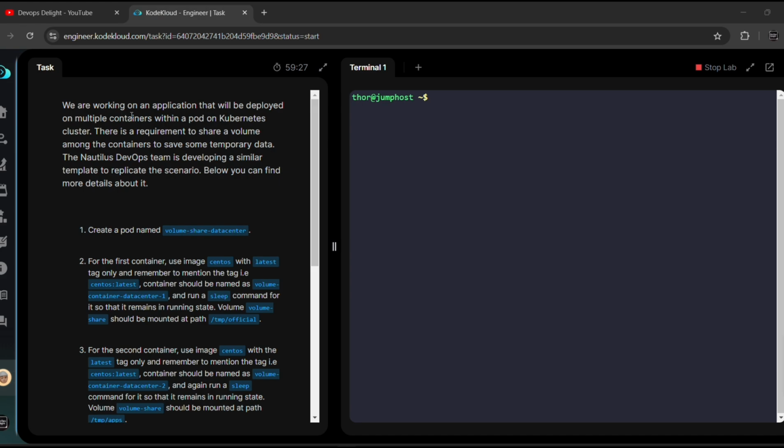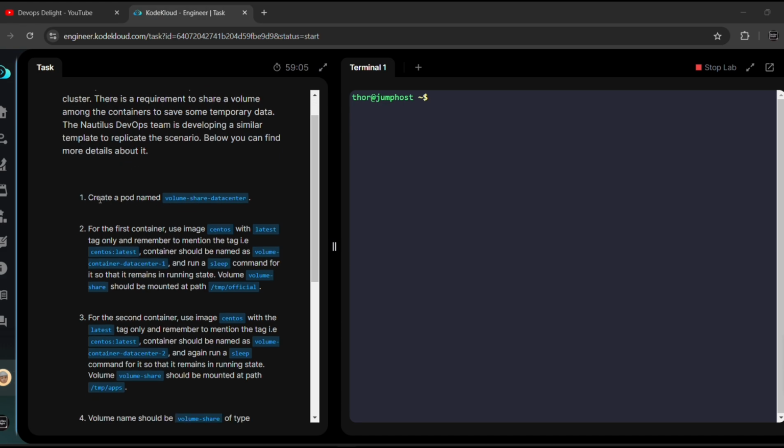We are working on an application that will be deployed on multiple containers within a pod in a Kubernetes cluster. There is a requirement to share a volume among the containers to save some temporary data. The Nautilus DevOps team is developing a similar template to replicate the scenario. Below you can find more details about it. Number 1. Create a pod named